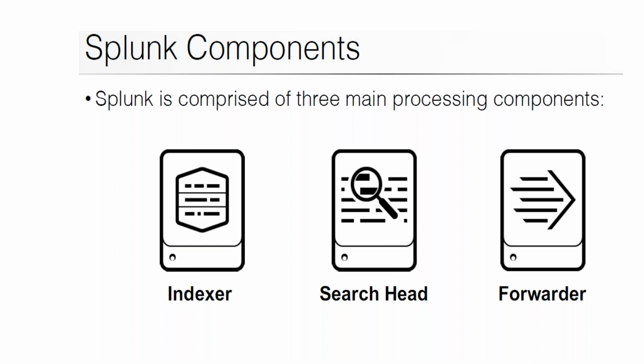Now let's talk about what is present in Splunk. We have an overview of how I can utilize Splunk. Now let's dig deeper. What is there in this Splunk? So guys, there are three main important components of Splunk. The first one is the indexer. The second one is the search head. The third one is the forwarder. So let's see them one by one.